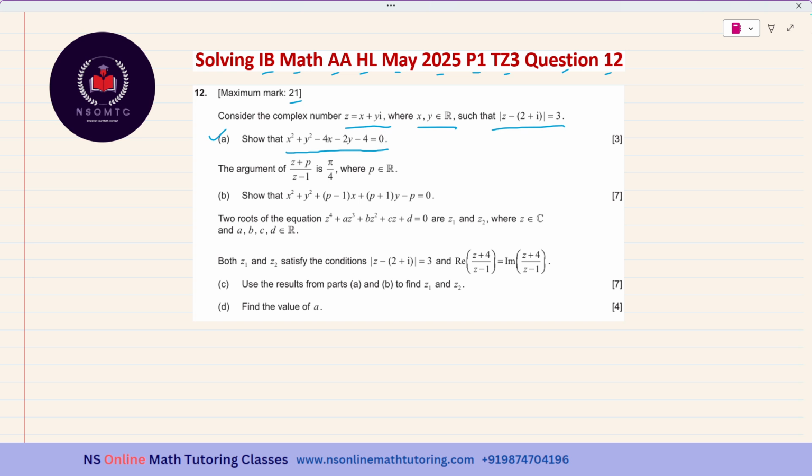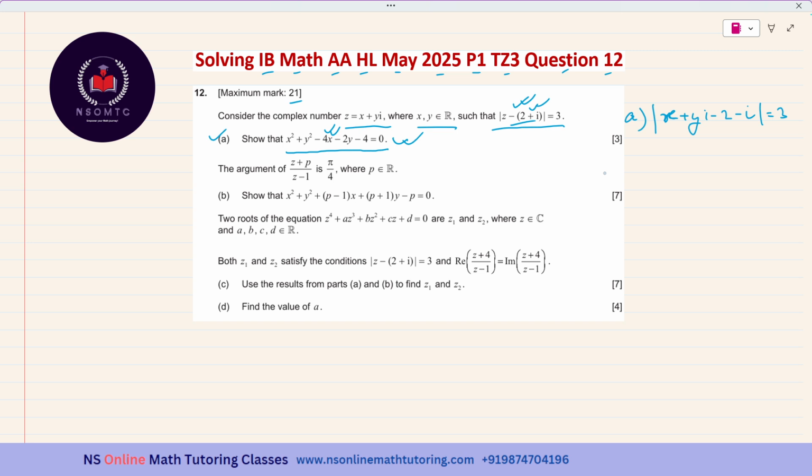Now, from where can I get this equation? We are given only this information and from here I have to somehow get this equation. So let us start. We do not have any other option. We will be starting from the given equation and we will be finding the modulus of this. z equal to x plus yi. Therefore, in place of z, I am writing x plus yi and I am expanding this. So, it is minus 2 and minus i